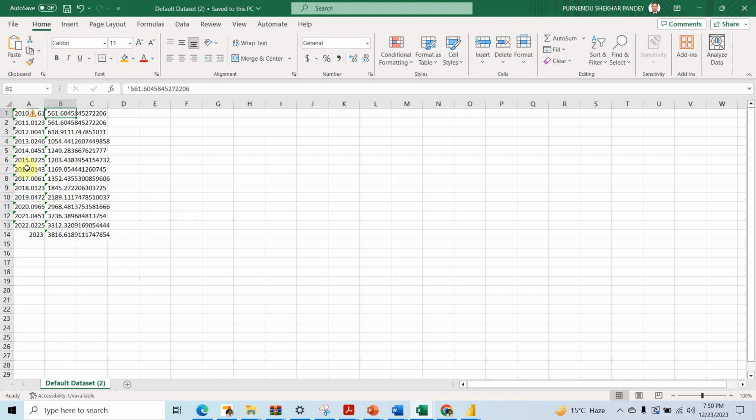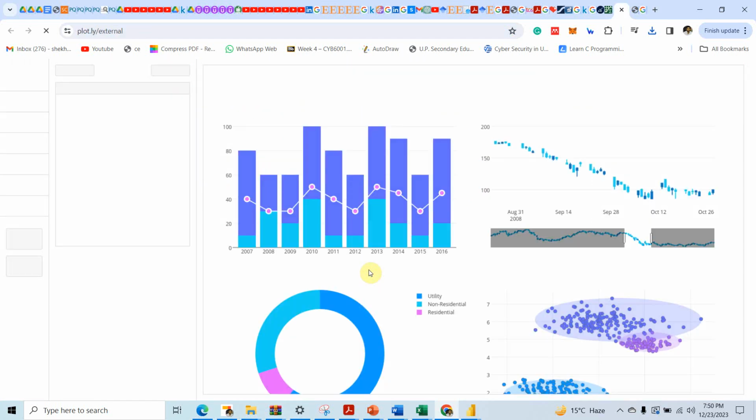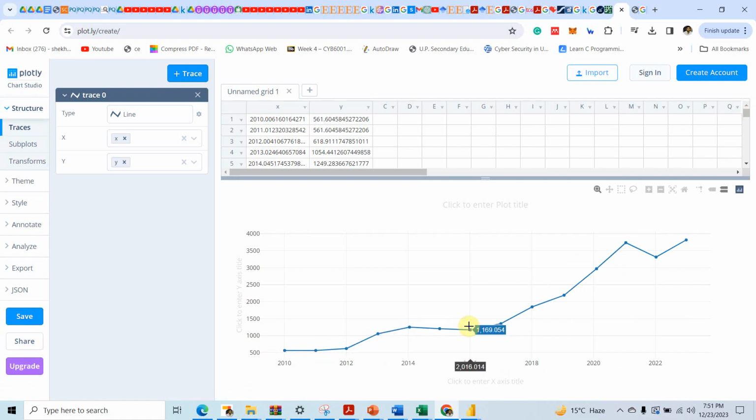So in this way I can have this data, and I can plot this data also, as one of the graphs in my dashboard. Or I can simply click here on graph in Plotly, and it is going to give me a graph. Hold on. So you can see that whatever data points I have given, it has also created the chart out of it, right? So I can click